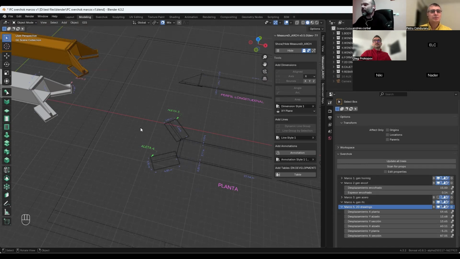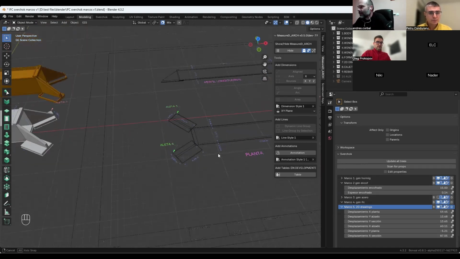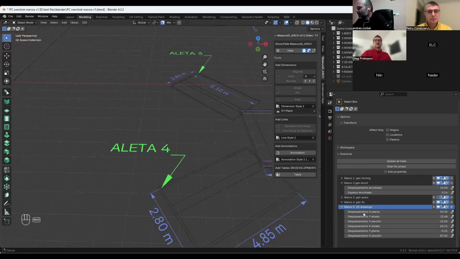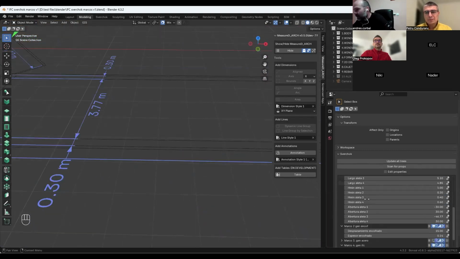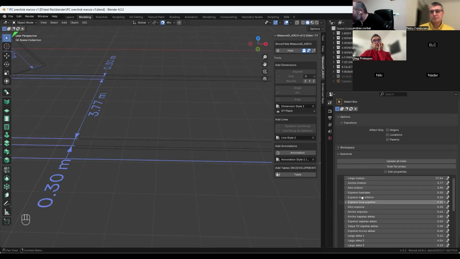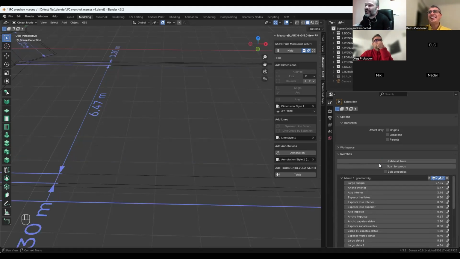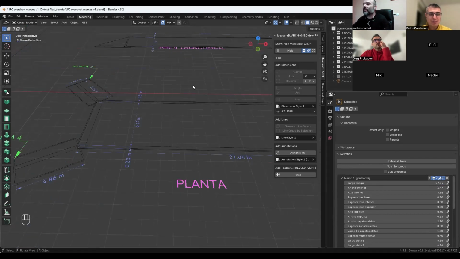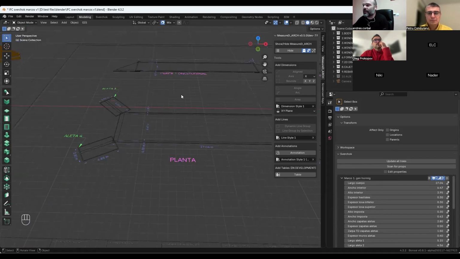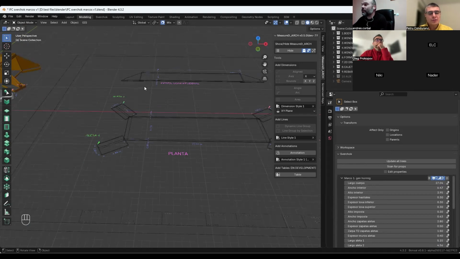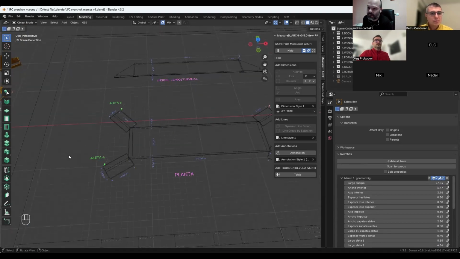But here, you have the measurements. I go to here and I change this and I update. Don't double click. Don't click one more time because it will crash. Yes, and it has been updated, calculated. It's very straightforward, no? And then you can export all the drawing to Excel.